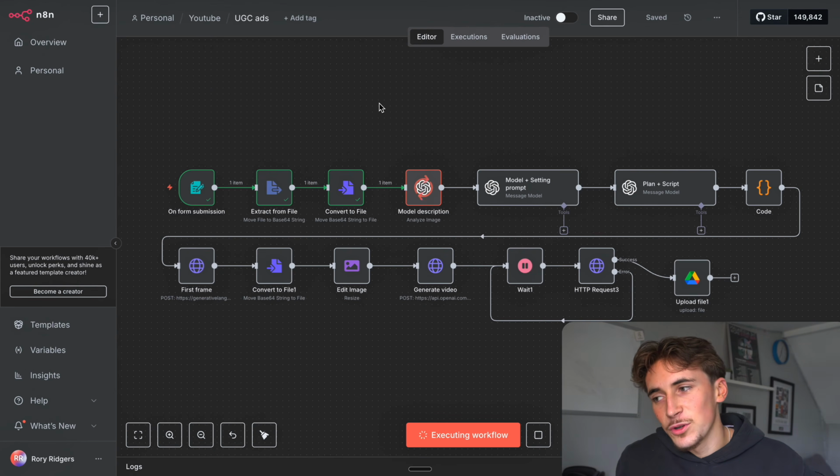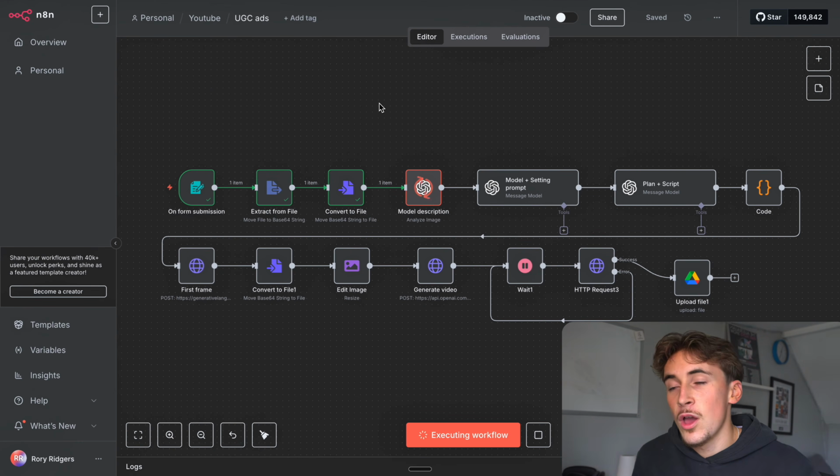I'm not going to make you sit here and watch it run all the way through, but I'm going to let this run all the way through. We'll have a look at the outputs and then we'll go into a bit of a breakdown of what actually